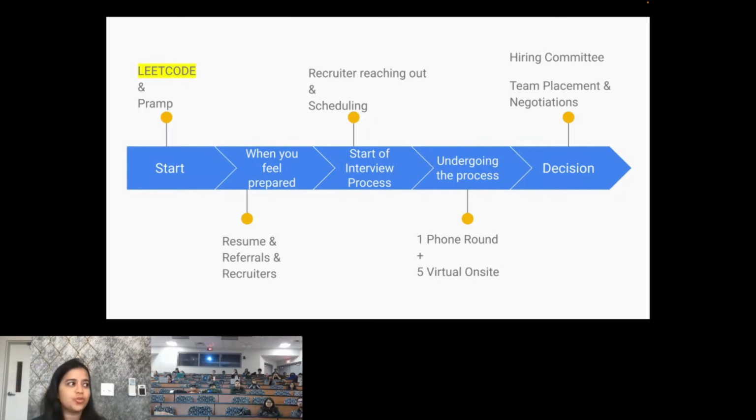Obviously the routine is going to differ for everyone. I know you all have a very hectic course schedule, and the first and second semester is not going to be easy at all. You can't dedicate that much time. But I would suggest balancing the time between your coursework and Leetcode, because when you go to a technical interview, you really won't be asked anything from your coursework.